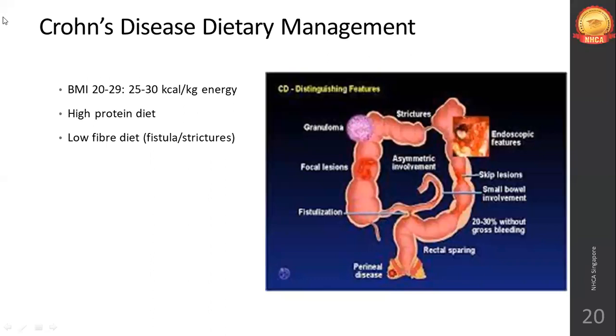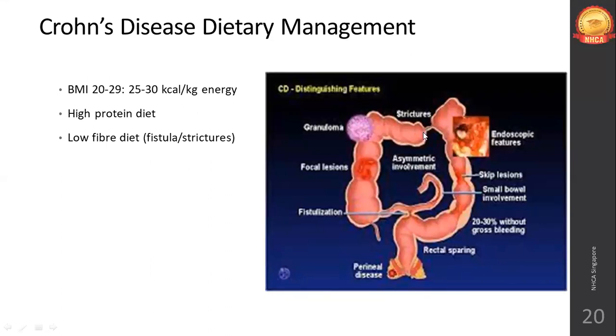Is the stricture visible? So that's the fissure and